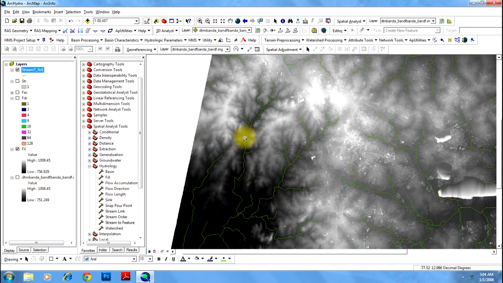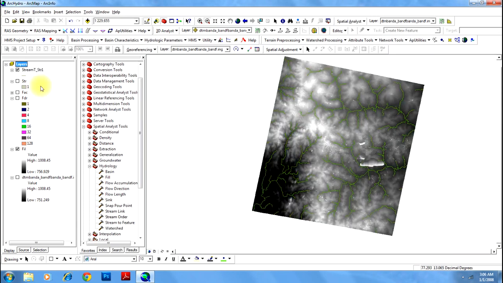However, you can see that these streams are not generated because you have defined 20,000 in your stream definition part. If you select a lesser value, say 5,000, say 500, you will have all these minor drainages.